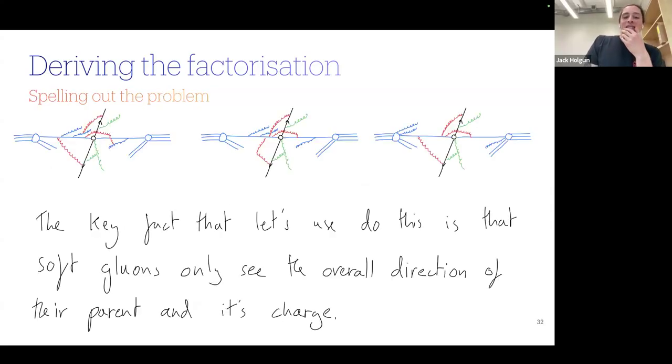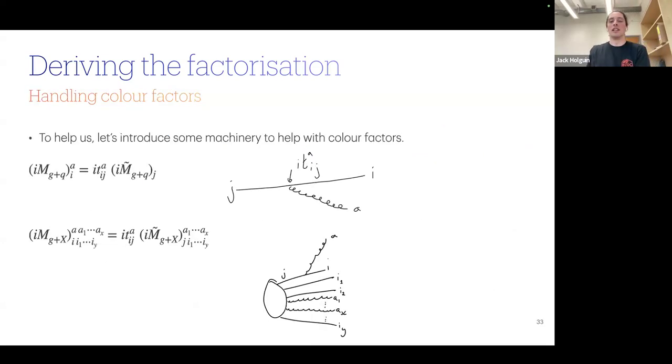Okay. So let's look at how this can be achieved, and I'm just going to give an example of how you can do this rewiring of the red gluon at fixed order. But to do this, I'm going to have to give you a bit of machinery for handling color factors. That's also going to be crucial for my talk next week. So let's think about this first diagram here. The matrix element for this quark, which has a color index J, and then is propagating along and emits a gluon with an adjoint index A, and then that rotates the quark into having a color index I,